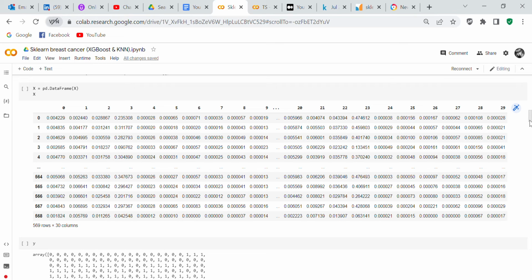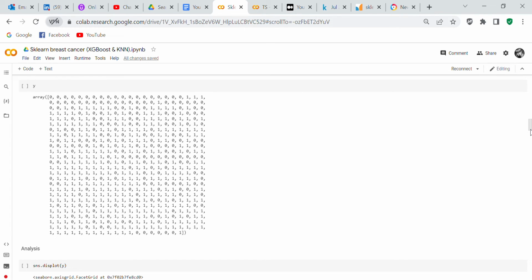And you can see that there are 30 columns of data. If it had been a proper data frame on S-frame, then you would have known what the columns of data were. But because we had to convert it to a data frame from XY, you just get a number from 0 to 29. But I can show you what it would look like on the data frame, and that's why I decided just to use XY instead of S frame, because it just didn't turn out the way I wanted it to turn out. And so you can see here you've got a bunch of 1s and 0s,